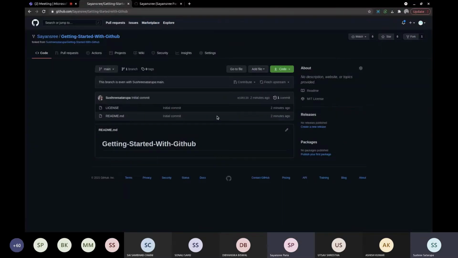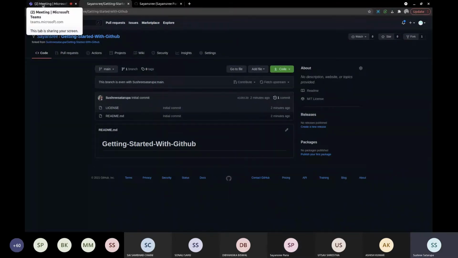So when we fork a repository, we have a version of the repository for ourselves. So in the repository there is not my name anymore and it's a repository under Sansri. So you all have to do the same and fork the repository that I shared the link with you in the chat section.